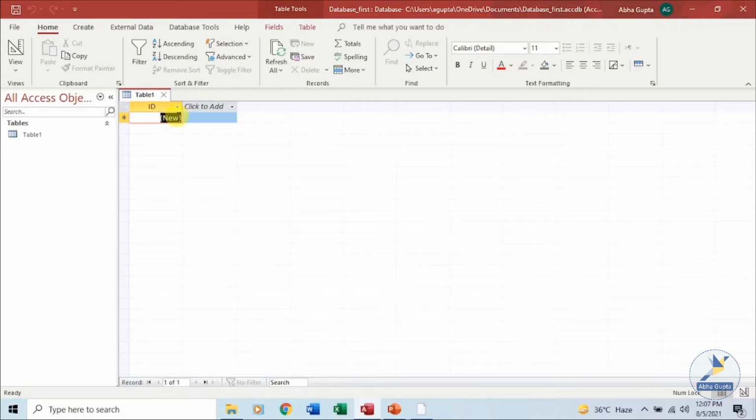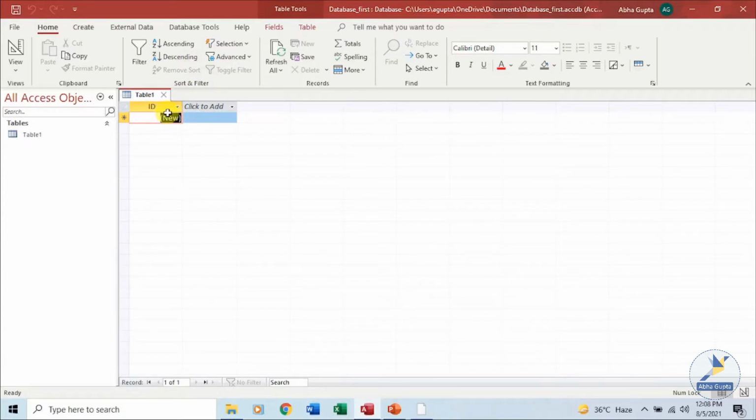Now the data type specifies what kind of data you will enter in this particular field, whether I'm about to enter a text type, number data type, date or currency, or I'll be inserting a picture over here. That information is recorded with the help of your data type. There are various data types. We will take up one field at a time and discuss the data type as well. So the first one over here is ID, and the data type is AutoNumber.